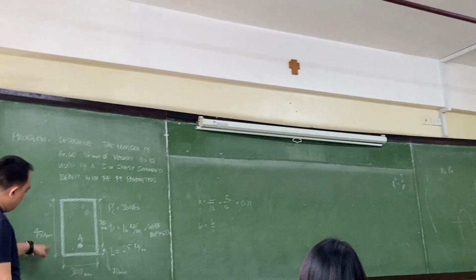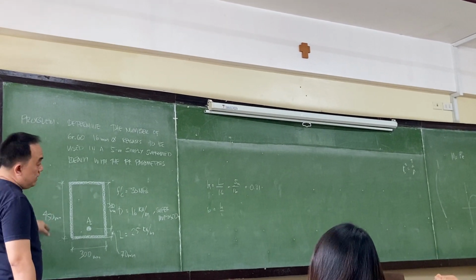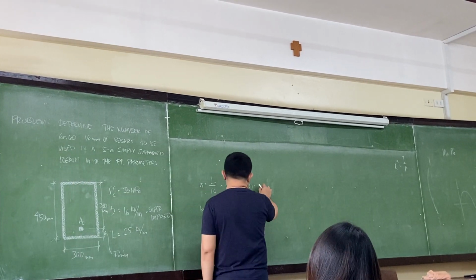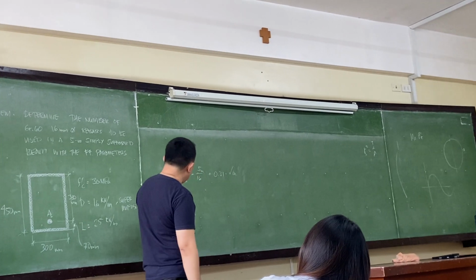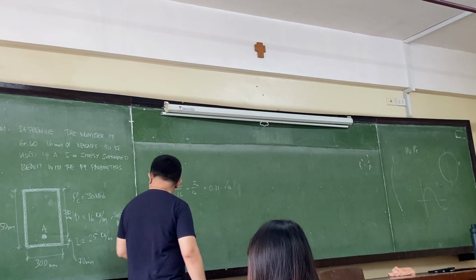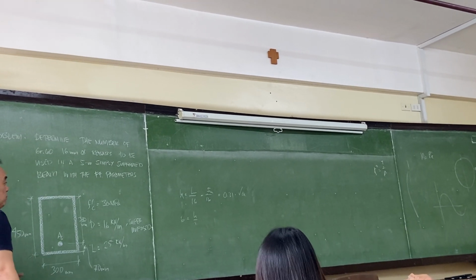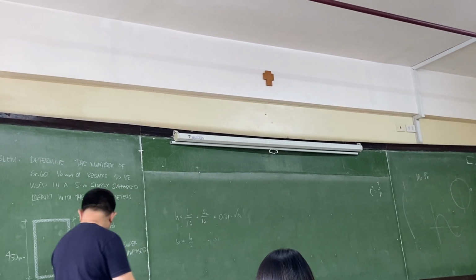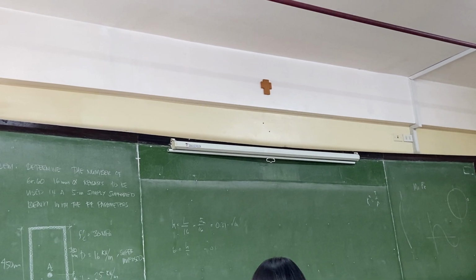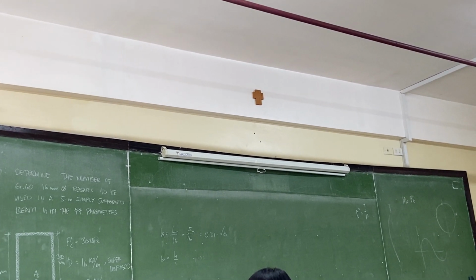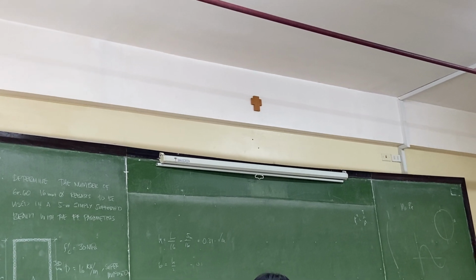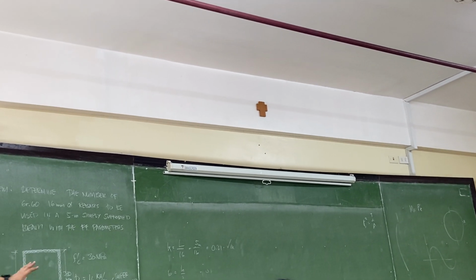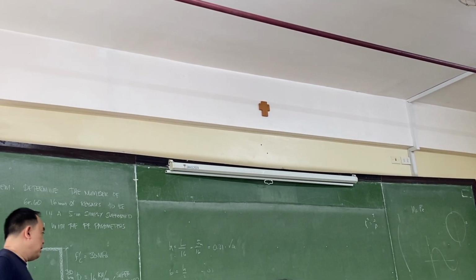But our height here is 450 mm. So h over 2 is obviously 150, but it's using 300, so it passes. It passes the minimum, so no need to worry about that. Although later in our discussion of deflections, we'll have some effects also, since a taller beam will reduce and vary your deflection.